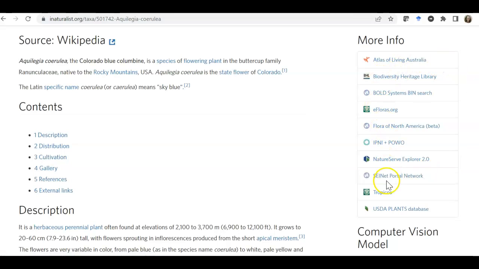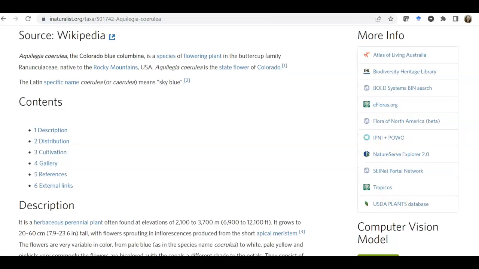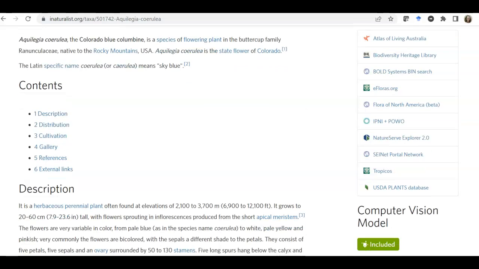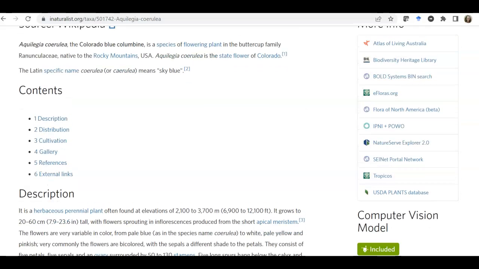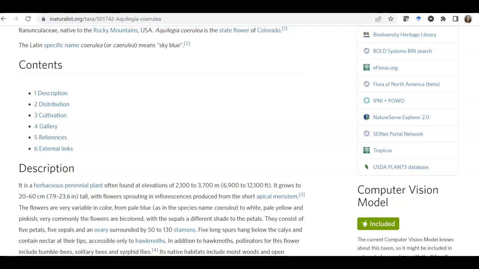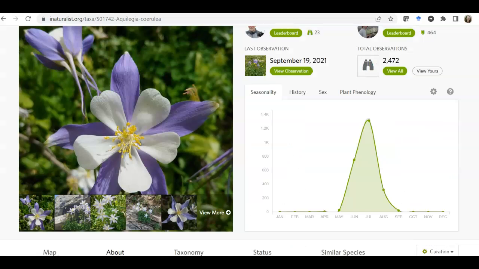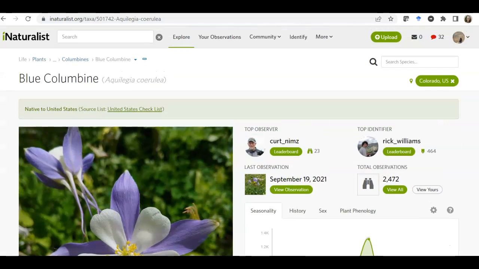And some of these other tools are more global in nature. I don't know how to describe them. I haven't used all of these before, but I'm sure some of them are quite useful. And so that's how I developed the plant list for you to include special information. And then